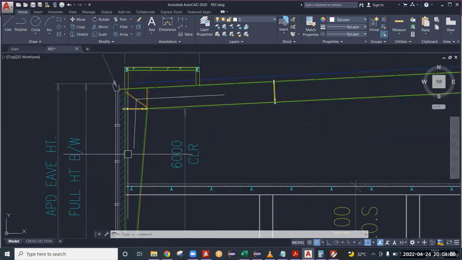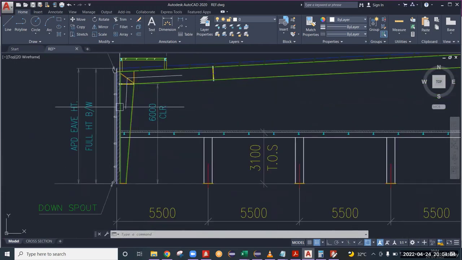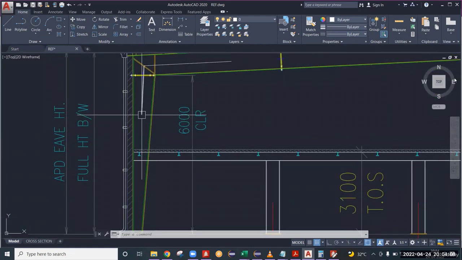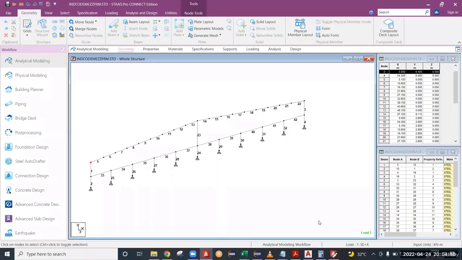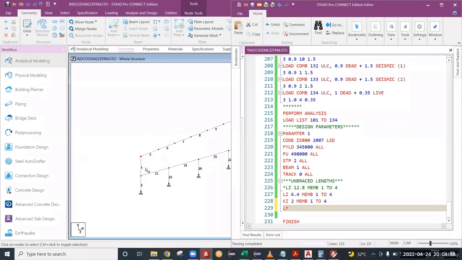But in our example, we do not have any girts over here, so there is no support to the column. So in that case, if you have again segmented member 1 into a number of parts, you have to give LY, but in